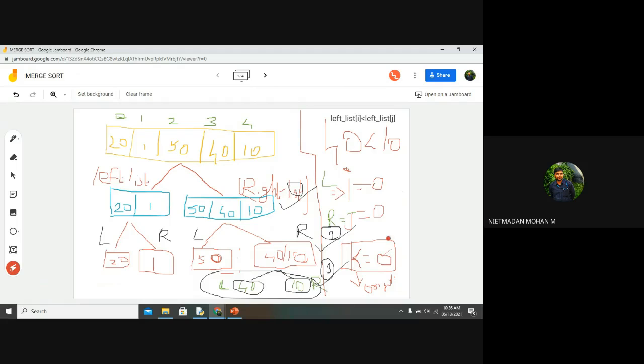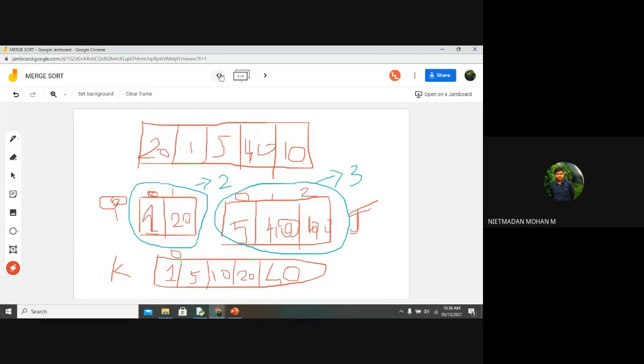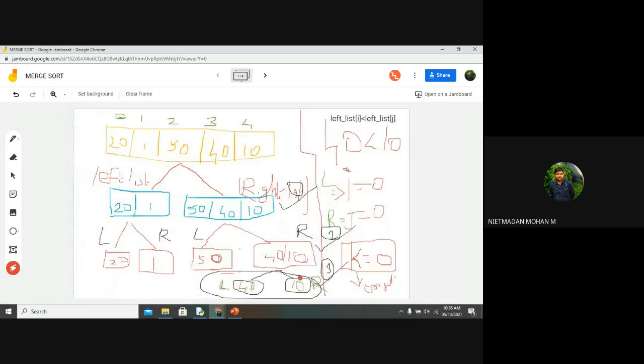It means the final list, the 0th element has been stored, and after coming to the second process, the 10 will be replaced. When we are comparing 40 and 10, the 10 is lesser. So the first element will be stored as 10. So that is the concept.